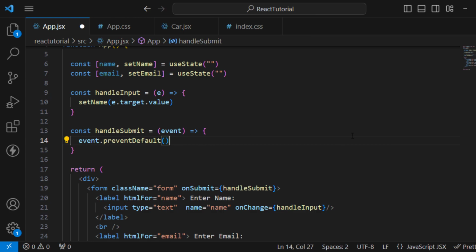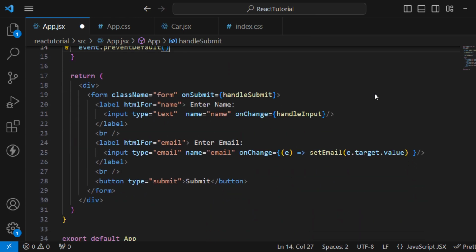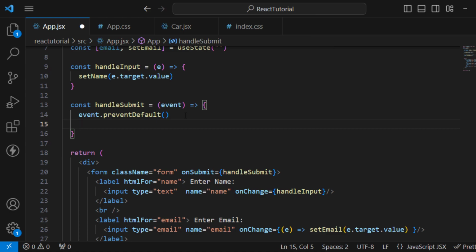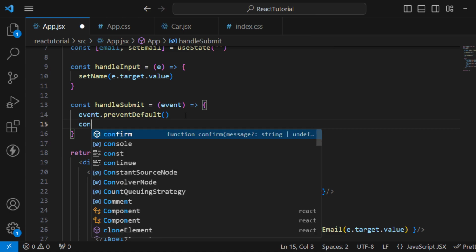Whenever you are calling the submit event, in that function you should first of all write this statement, event.preventDefault. It means that it will prevent the default submission. Whenever you submit, if you don't write this, the page will refresh automatically, but by writing this it will prevent that. And here now we will just console the data,